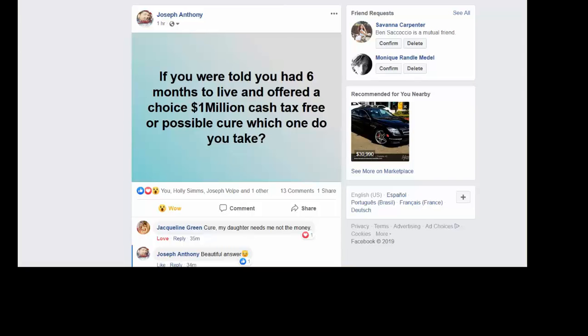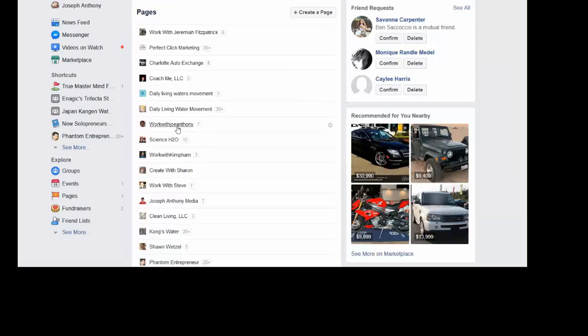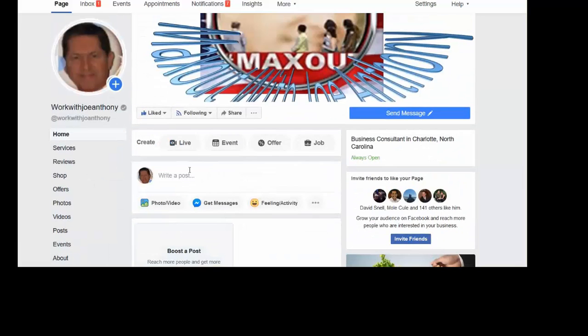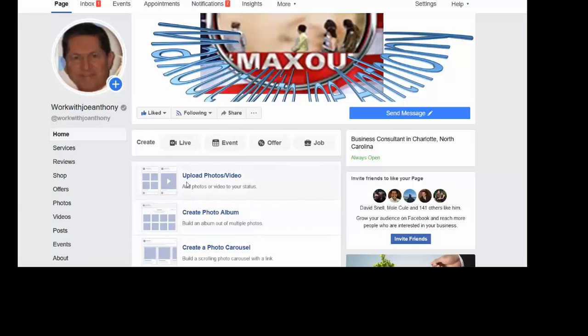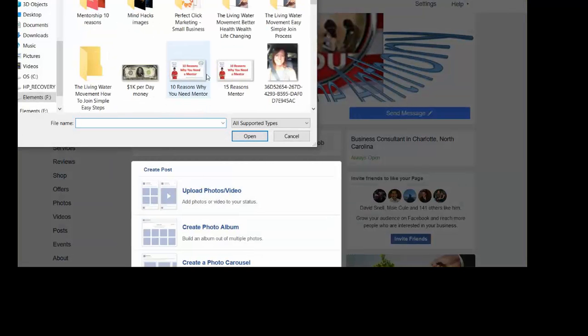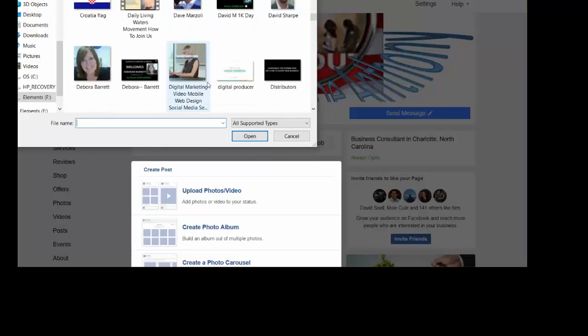So basically, we're going to go back to managing your pages. In this particular example, you can post. We're going to post here. Now here's what's interesting is if you do post something from,